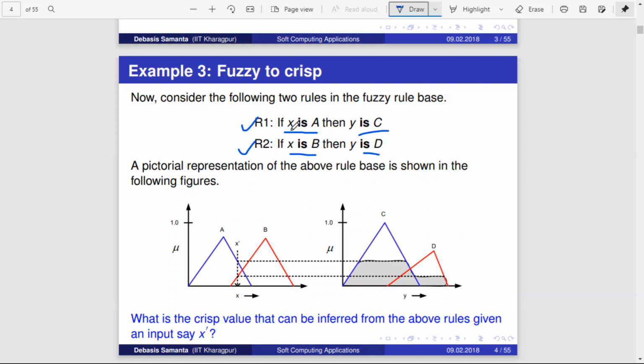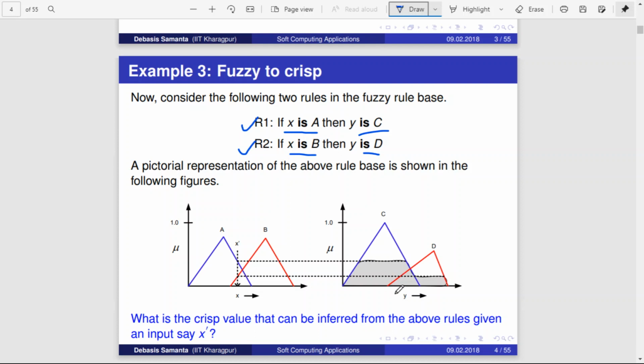You can see here some values of x come under A, some values of x come under B. Say the membership function is given like this. If x falls between this range, it will take the value of A. If x falls between this range, it will take the value of B. But there is an intersection point. If x is in between these 2 points, then it will take values from both A and B, that is, such values which are common in A and B.